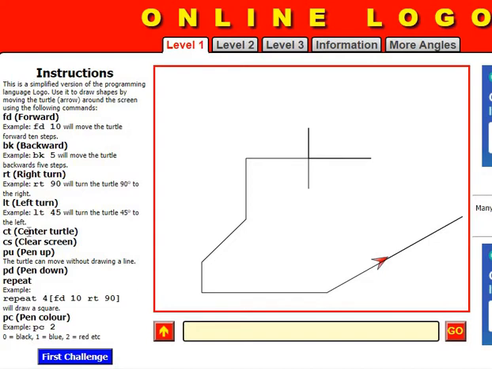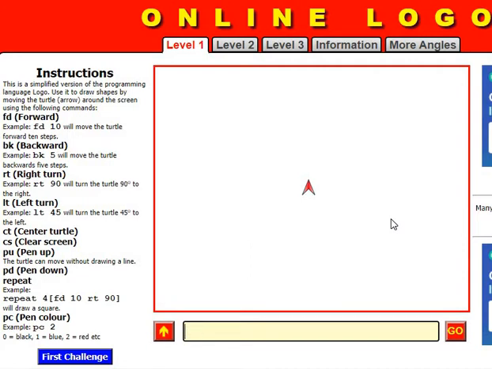Now CT means center turtle. You know, in the beginning of the program, turtle was on the center position. So how can you bring the turtle to the center position? There is a command CT, center turtle. See, I write the command CT, center turtle. See, again turtle comes to the center of the screen. Okay. CS, clear screen. Suppose you want to erase the drawing, then there is a command CS, clear screen. CS, clear screen. See, all your drawing is erased from the screen.